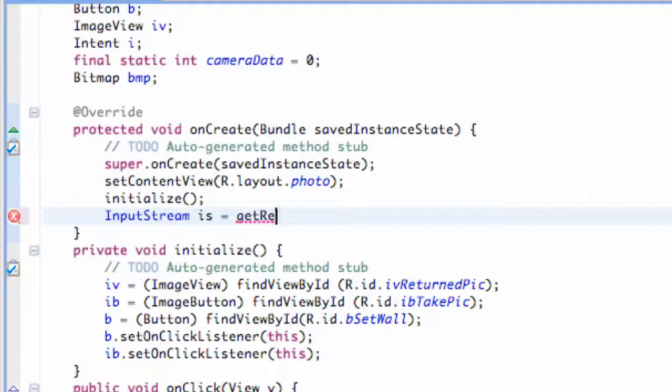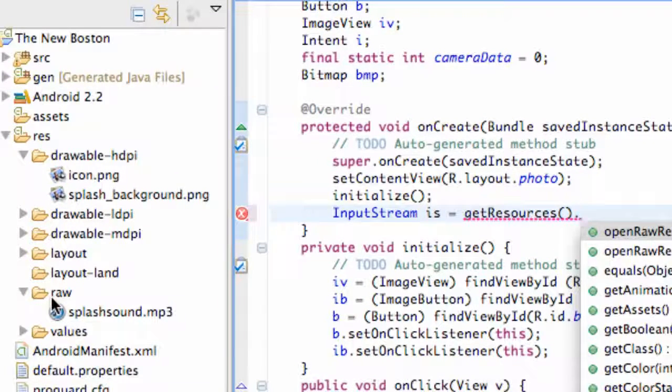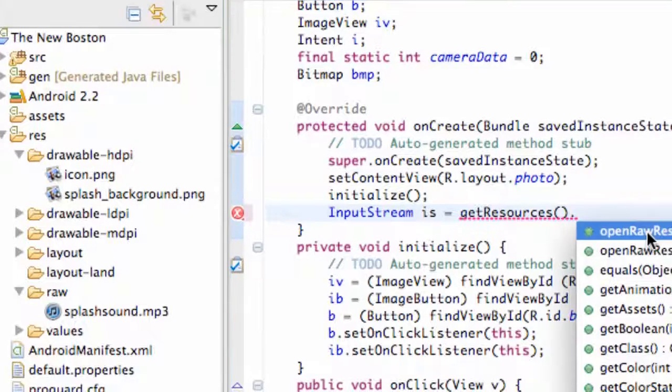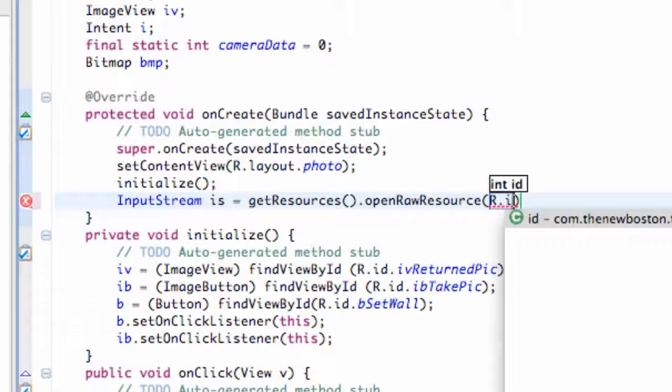So we're going to say getResources, and that's just going to be a method that relates to our resources for the most part. And again, it's a method, so it has parentheses, and we're going to say dot, and we're going to say openRawResource. You guys are probably thinking it's referring to this raw folder. For the most part, it's not. Just still think of that as accessing our resource folder. So we're going to click that, and then we're going to say whatever image we want to set up,